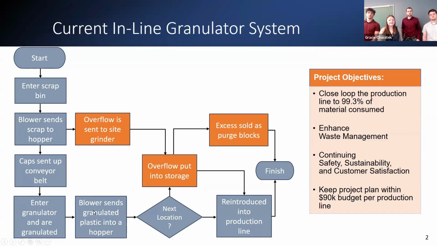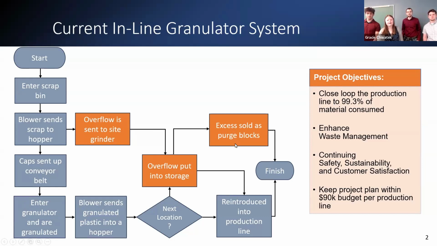A blower then sends this granulated plastic into a hopper, and from here it can go to two locations. Ideally, it would be reintroduced onto the production line. However, if there's too much regrind, it might be sent into overflow and put into storage. From here, it could come back onto the production line, or it might be sold as excess purge blocks. And additionally, if this first hopper gets too full, these caps might be sent to the site grinder. And from here, that would go into the storage and can also come back onto the line or be sold